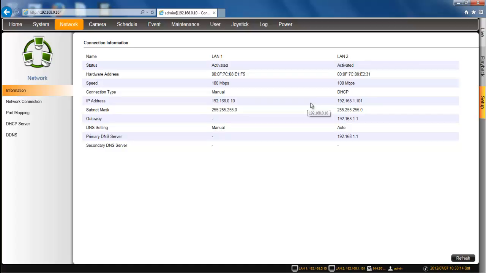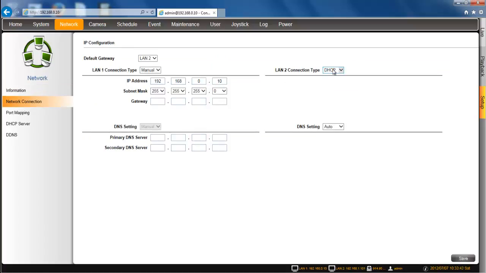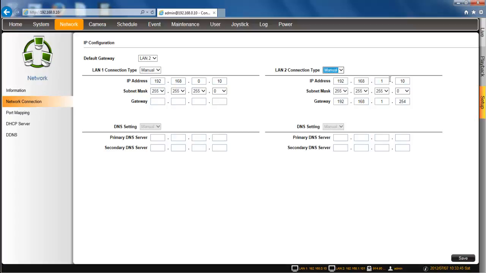After you're done setting things up, you want your LAN 2 to be a manual static IP address. Otherwise, whenever your router decides to change IP addresses, your LAN 2 address is going to change, which means it's going to be difficult to link back to your ENR. So basically what you want to do is copy down the information here, your IP address, your subnet, and your gateway, and then go into network connection, change LAN 2 over to manual, and go ahead and